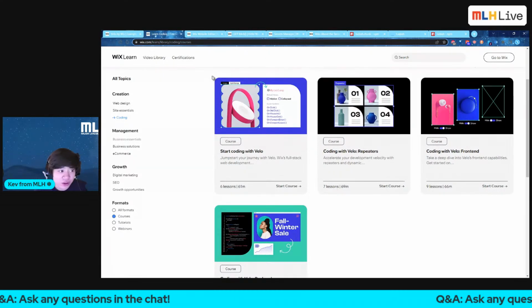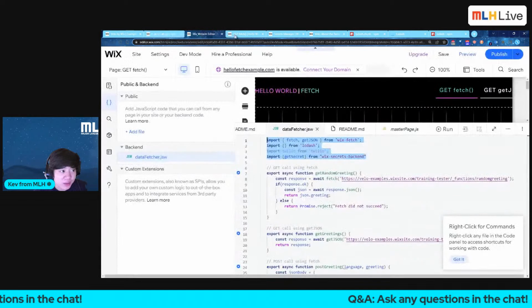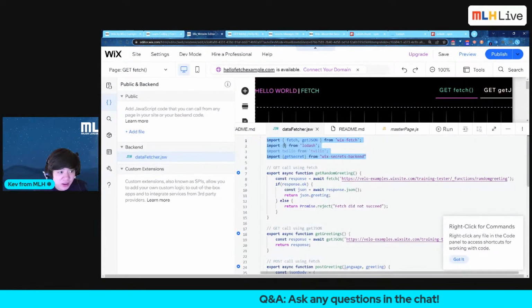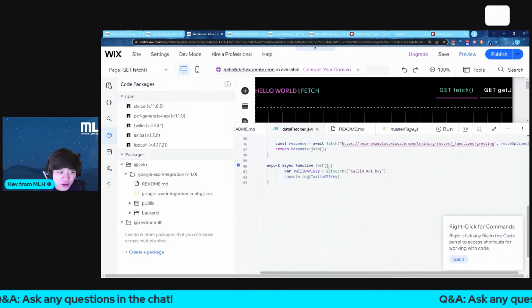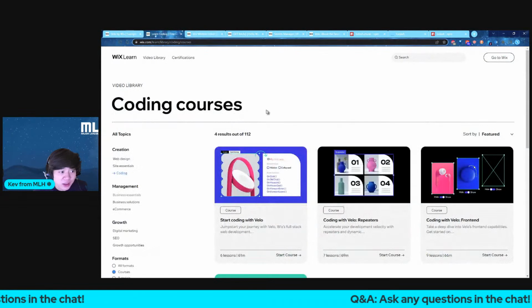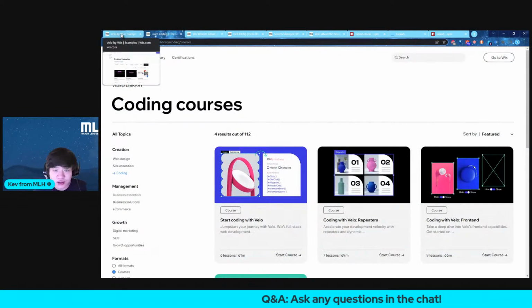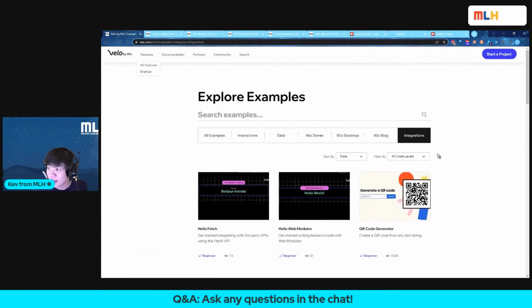This was a really quick workshop on how to use third-party APIs within Wix, which you can always install through the code package. You can always import them in and then use them however you like. You can always look for examples of that. Also take on Wix's coding courses. But yeah,